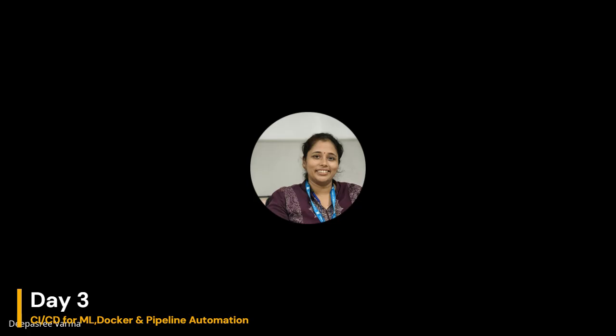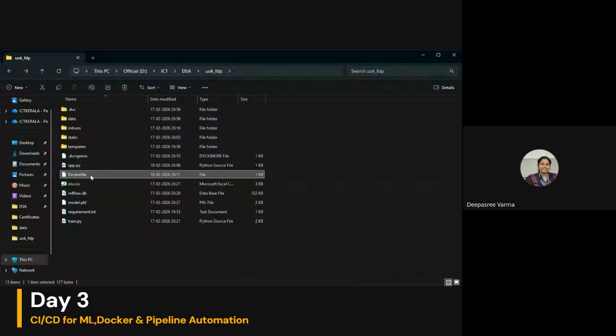Okay, so now in my shared folder, you can see there is a file called Docker file. This Docker file contains all the instructions that are needed. If you need more instructions, if you want to run the train.py also, we can just add those instructions in the Docker file.